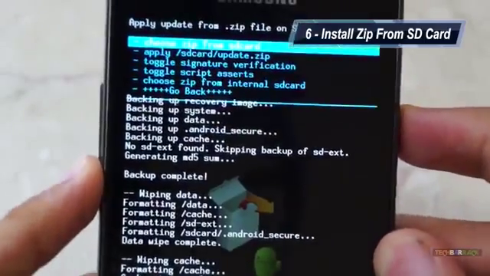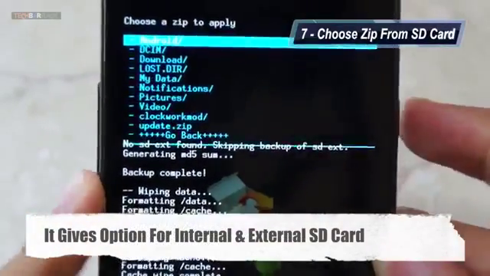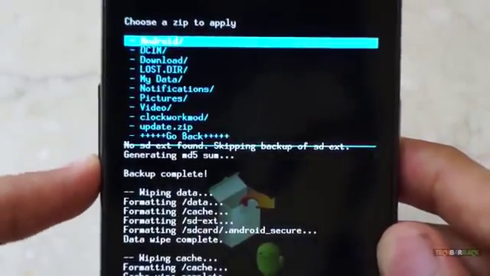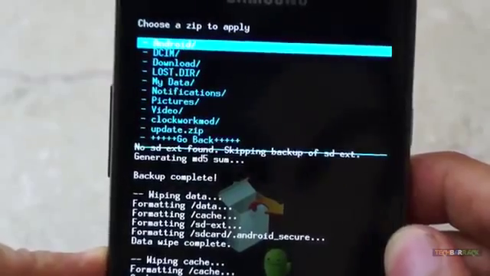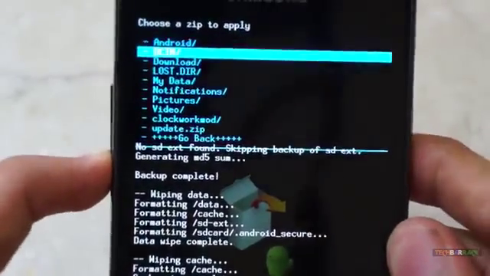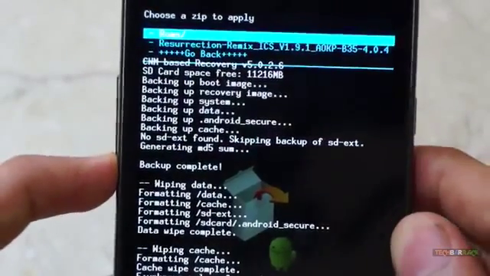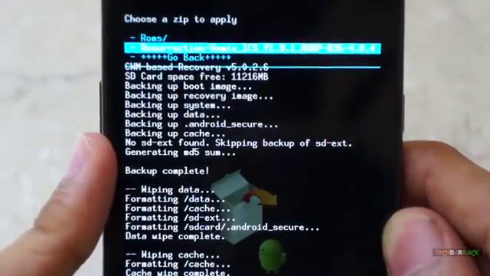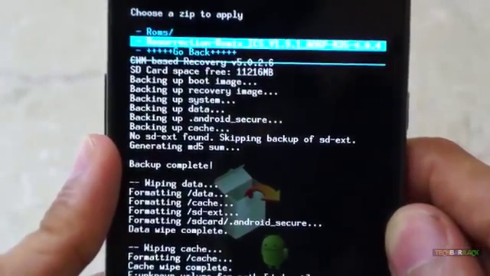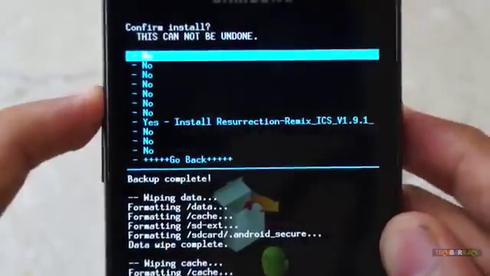Click on that and then click on choose zip from SD card. Now you need to go to that particular location where you transferred your custom ROM on your Android device. So as we transferred it in the downloads folder, I will go to that particular folder, and you can see I have my zip file, that is Resurrection Remix ICS version 1.9.1. So just click on the power button